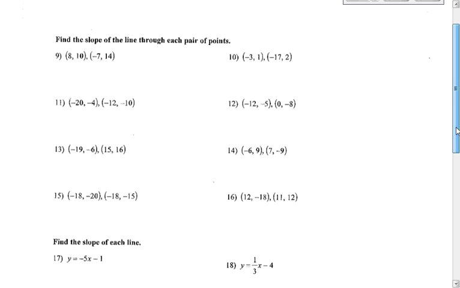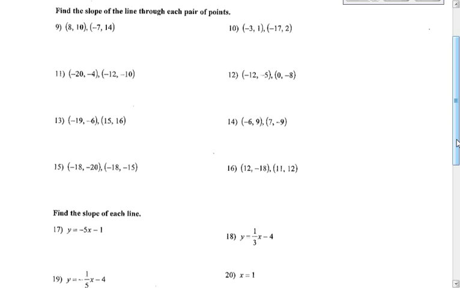On the back of this homework, we have find the slope of the line through each pair of points. So this is a little bit different. There are no graphs given, so we're going to use a different equation. We're going to use y2 minus y1 over x2 minus x1. So instead of graphing these, I'm just going to figure out how to do this without graphing them. So every time that you have coordinates listed, 8, 10, the